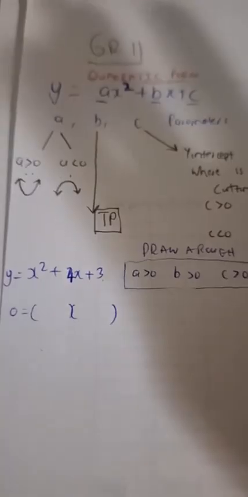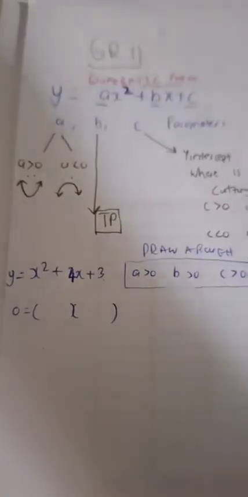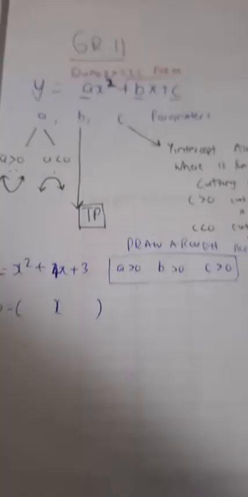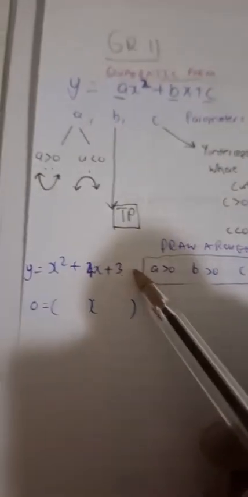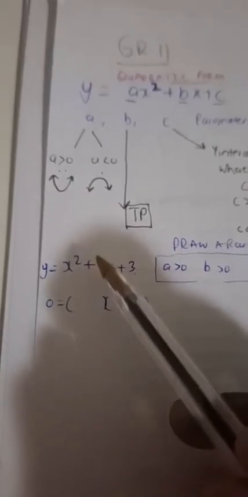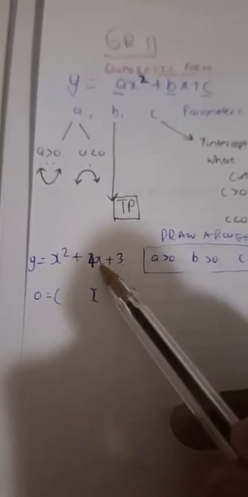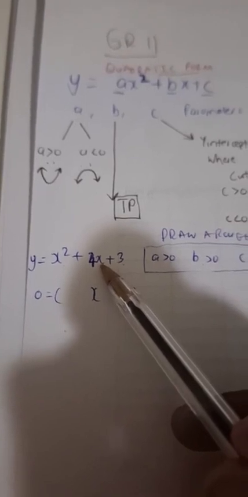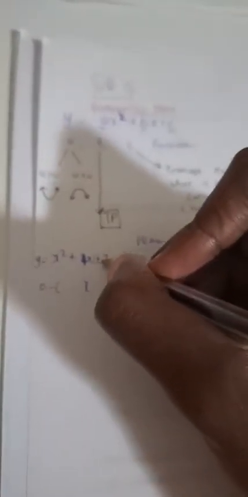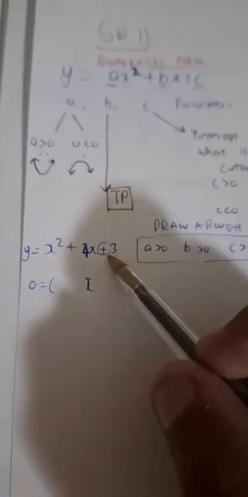It's going to be located, the y-intercept will be cutting through the y-axis above the x-axis. We have no problem about that. Then of course we have this beautiful coefficient of x, and that is 4. So if you were to factorize this, because I usually say, we know that when the constant is positive,